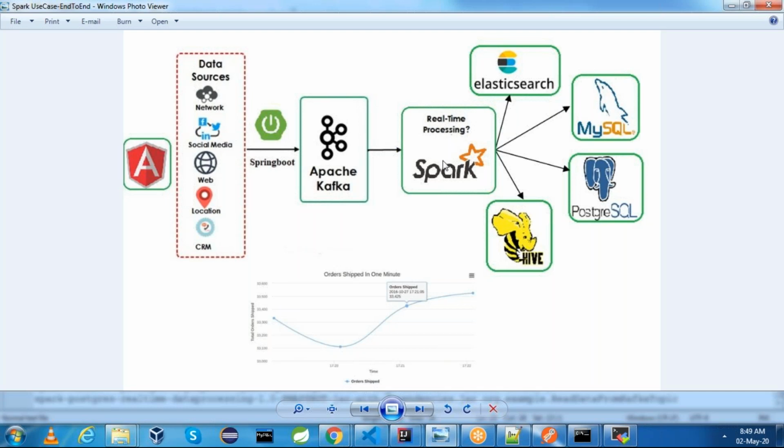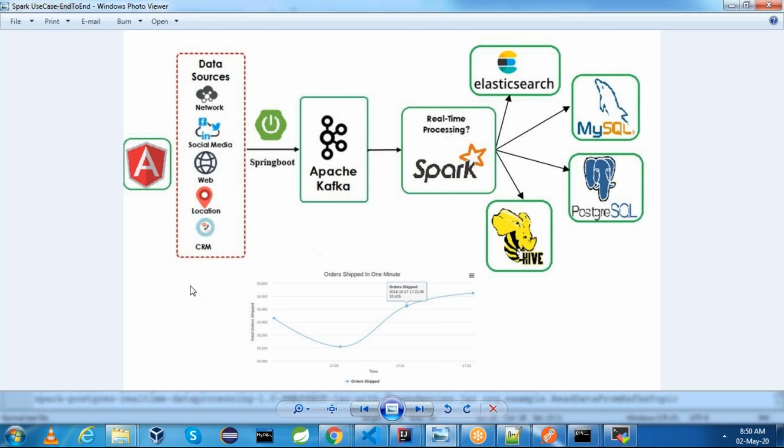This Spark real-time processing program will run forever until it is stopped manually or it encounters some error. You can think of the Spark streaming program as a daemon. Daemon is nothing but a process which runs forever in the background. Spark streaming program keeps on reading the stream of input data and generates the stream for output. This is the project which we are going to implement end to end.